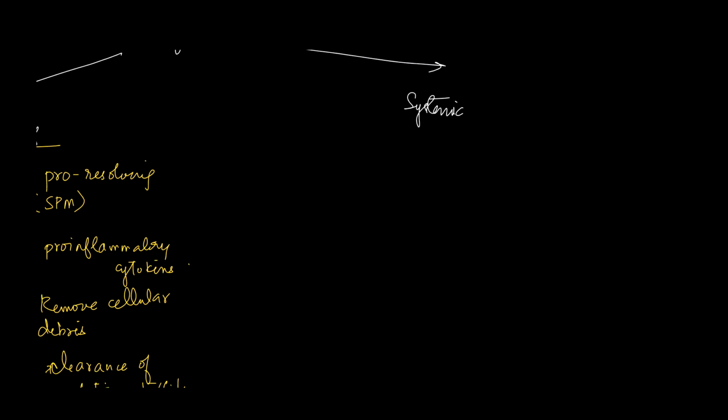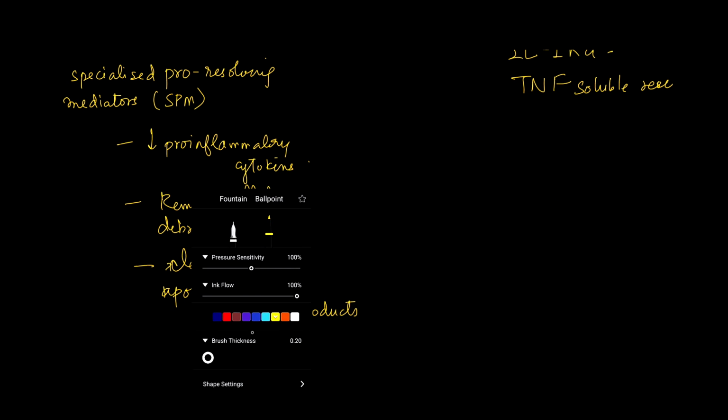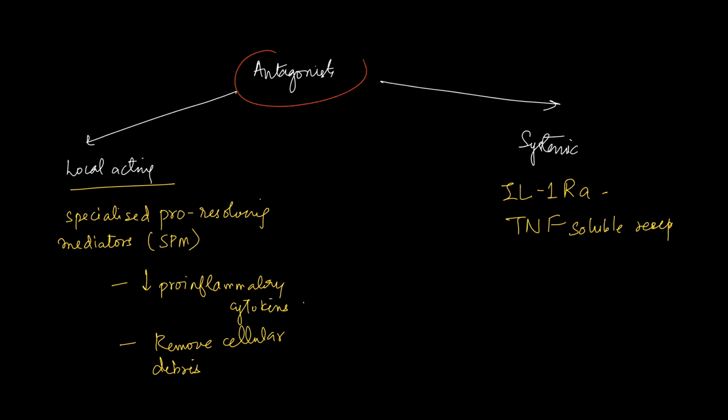We've also got systemic antagonists. For example, we have interleukin 1 receptor antagonist, and we have tumor necrosis factor soluble receptors. The aim of this antagonistic system is to bring this inflammatory reaction that is taking place into control. However, sometimes there is an overactivation of this antagonistic system. Overactivation will lead to immunosuppression and anti-inflammatory response, which will further lead to increased opportunistic infection, and this is known